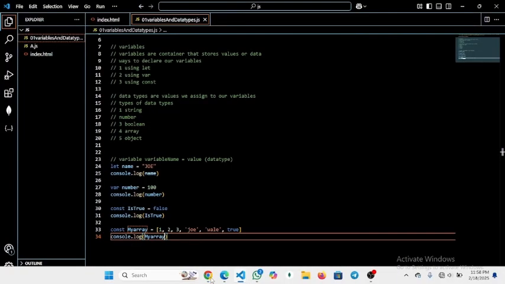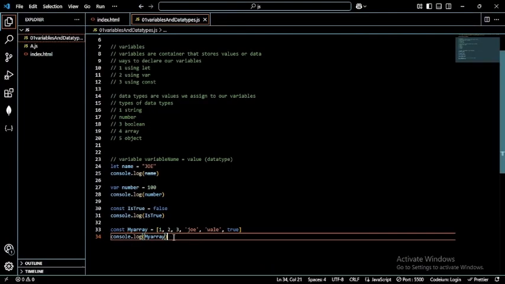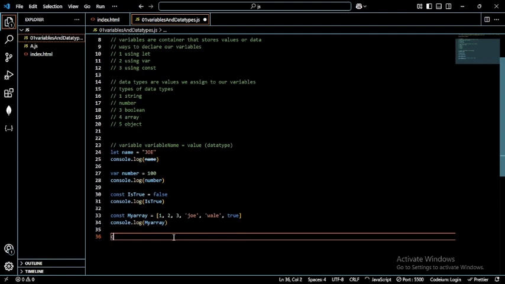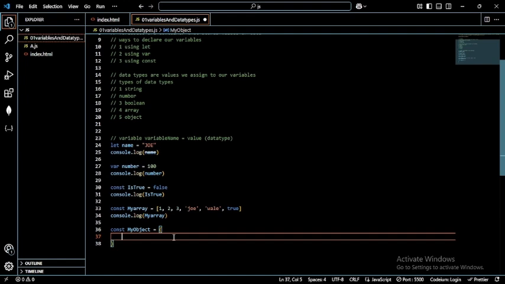So how do you know that something is an object? I can make use of const, let, or var, but I want to make use of const. Then I'll do const myObject equals. How do you know that something is an object? It has to be in curly braces. Then our object has its own property and value. So what is a property? I can say car,